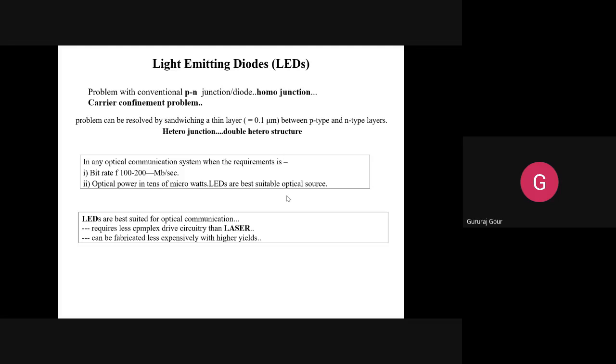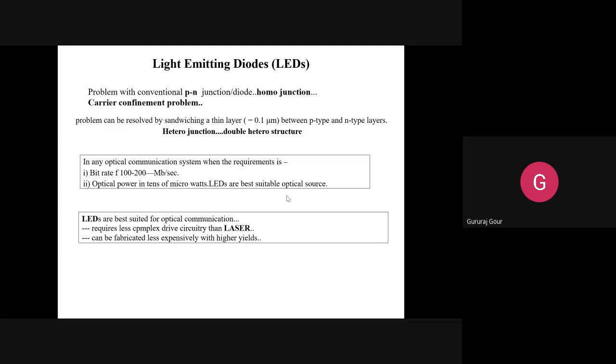Owing to the carrier confinement problem, we have to reduce it to enhance the efficiency of this LED. We cannot enhance the normal LED efficiency beyond a limit, since it works on the basic principle of spontaneous emission. However much is possible, that much you are dumping in the conduction band. But it depends on how many electrons its capacity allows, and that also depends on the characteristics of the material that you are using to make up that conduction band.